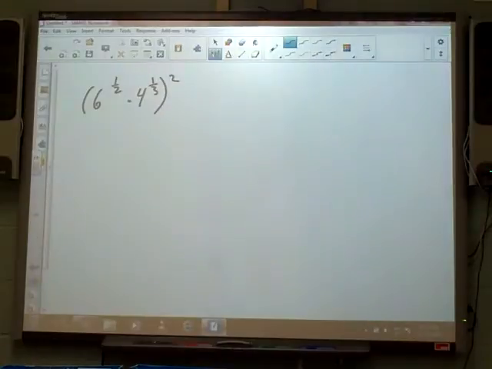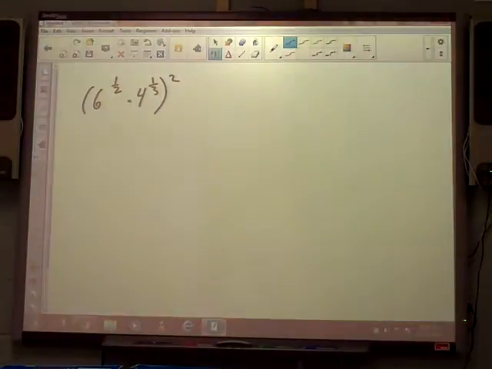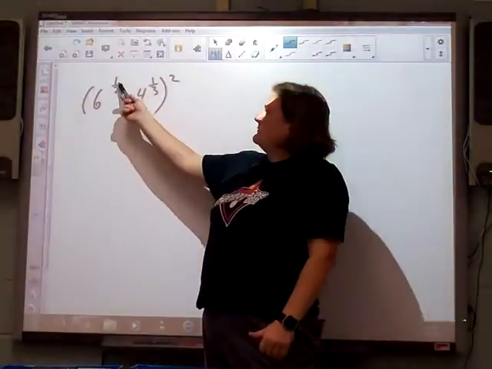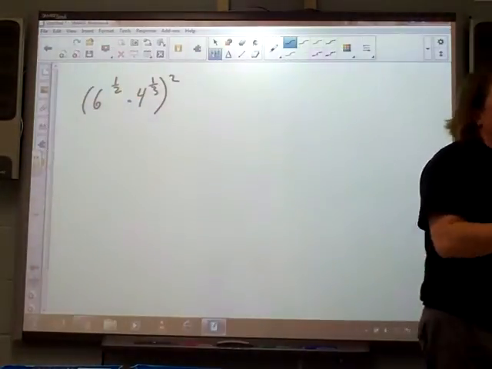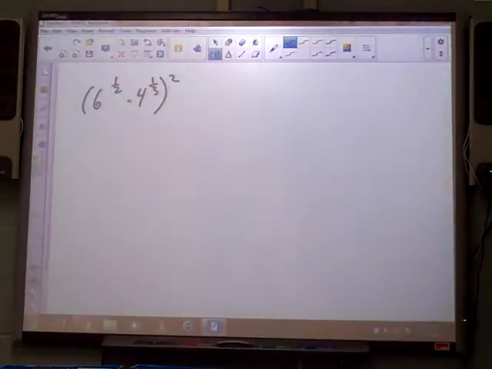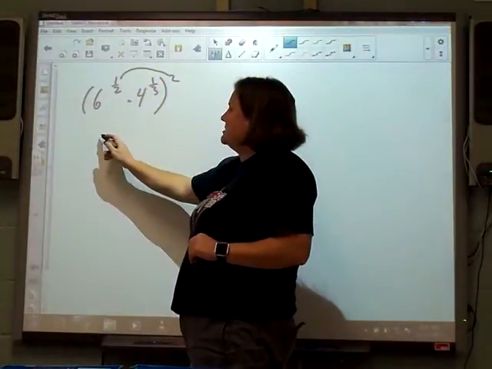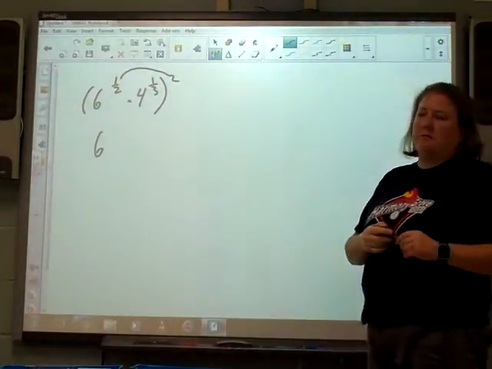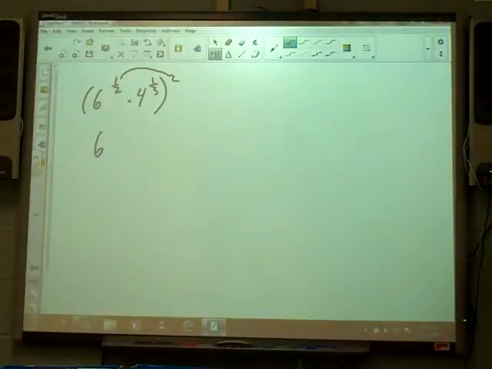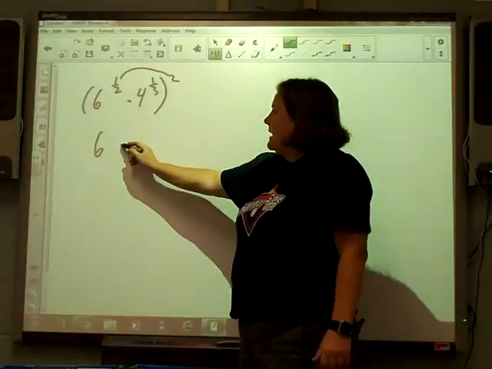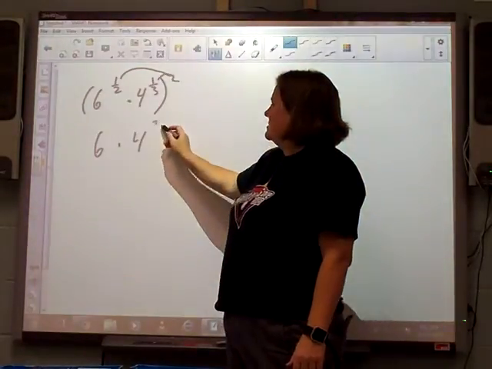Alright, we got 6 to the 1/2 times 4 to the 1/3, all to the second power. You multiply. Okay, so Stephen and Landon are on the right road. This is power to a power. Anytime we've got a power outside of parentheses, we have to distribute that to the powers that are on the inside. What's the rule that you copied down about power to a power? What do you do with them? Multiply. Multiply them is correct. So here I got 1/2 times 2, which just makes 6 to the first power. 1/2 times 2 is just 1. Okay, so times 4 to the 2/3 power.